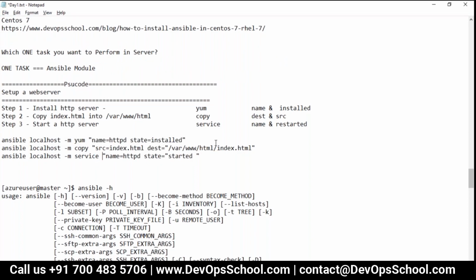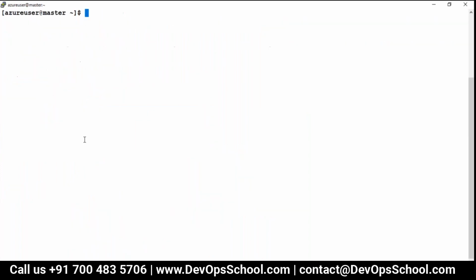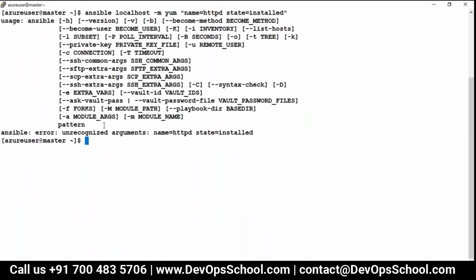But there's more of a problem in that. We'll see that. So guys, what is the problem here? It says unrecognized argument name is equal to HTTPD, state is equal to installed.